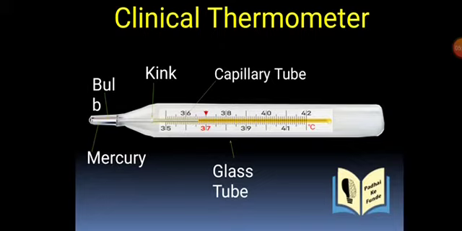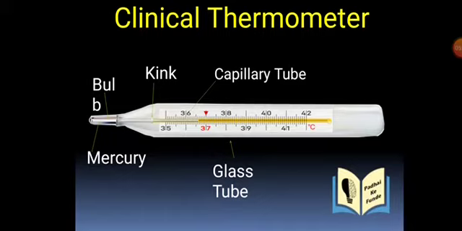Clinical thermometer is used to take human body temperature. For this, we either keep it in our mouth or we keep it at our underarm. So to take its reading, we need to place its position. By changing the position of the thermometer, the mercury level can be disturbed. So we may have the wrong reading. To prevent this error only, the kink is there in the clinical thermometer.